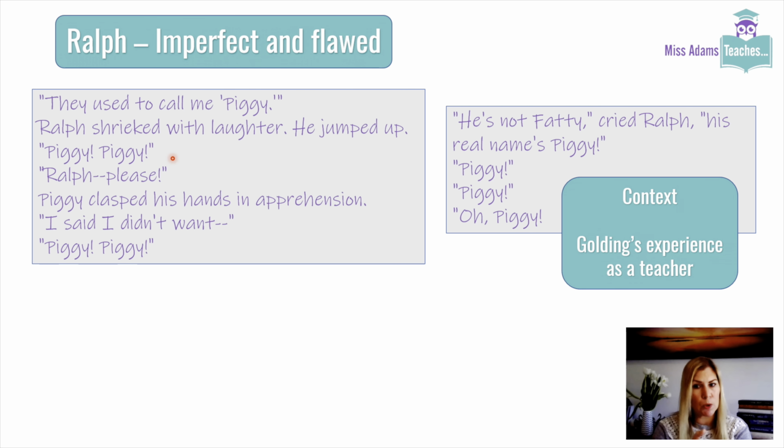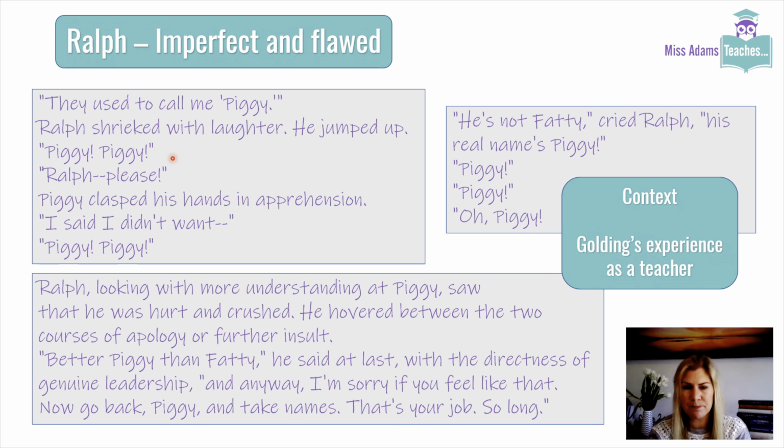And if you wanted to draw context in, this is the place where Golding's experience as a teacher is probably most relevant, because you don't want to stick that in at the moments of atrocity. It's quite an early doors bit of context. Golding's experience as a teacher, he would have seen this kind of power dynamic amongst the boys in the school that he worked in, and this low-level bullying, or whatever you want to call it, unpleasant behaviour in this moment. We also have this little moment where you see his imperfections almost like Ralph having a consciousness about it. So this is just before they go off for the walk.